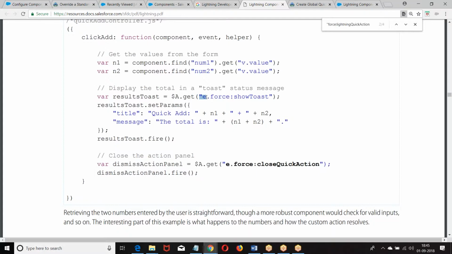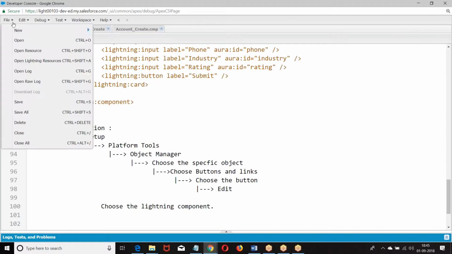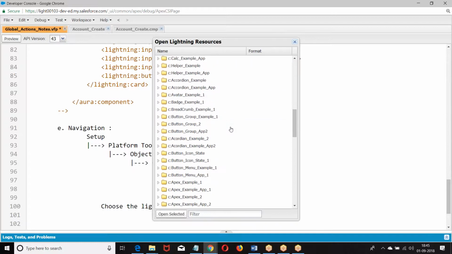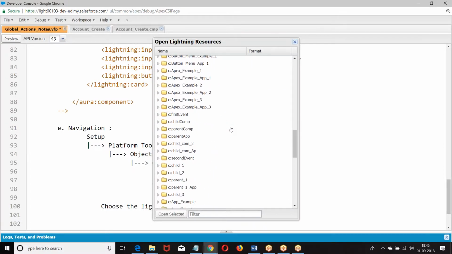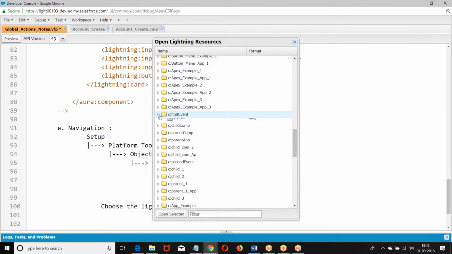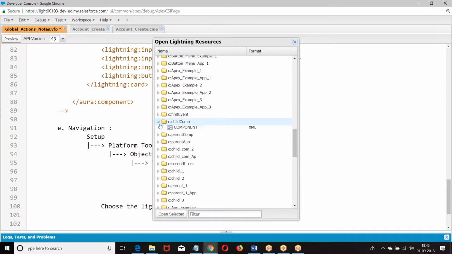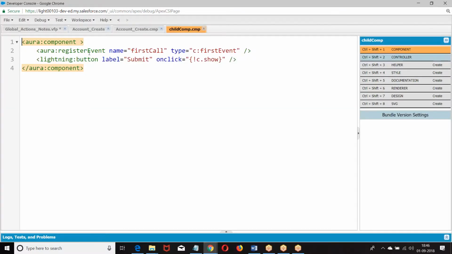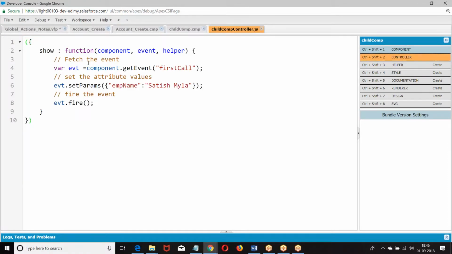For this event, if you want to pass the parameters in the event, how do you pass them? We are passing them like a key value.